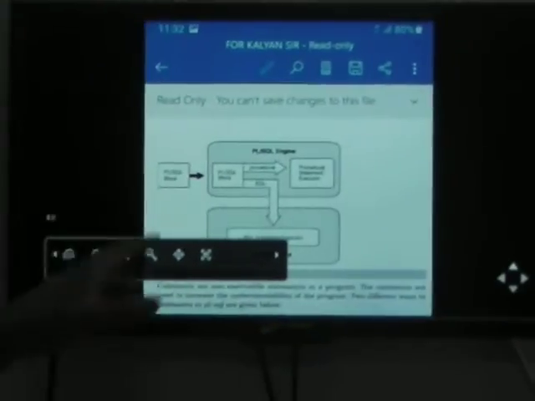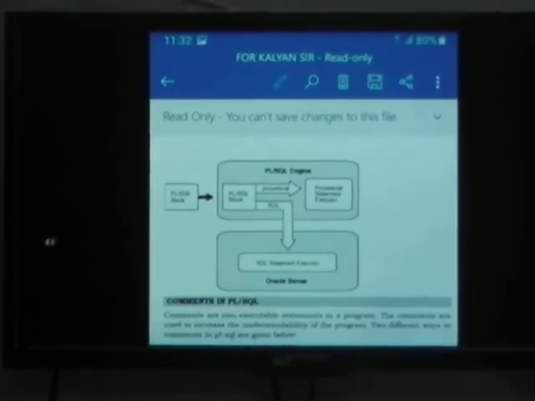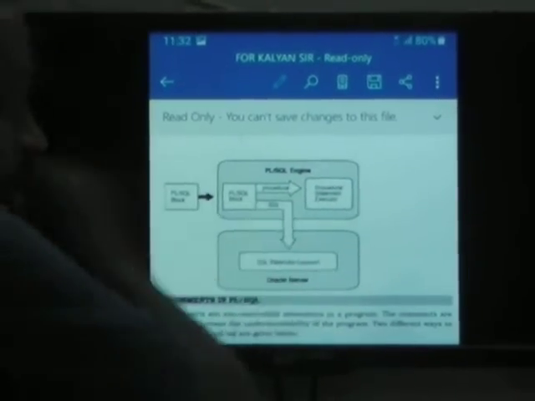In the architecture you will see the PLSQL block and the PLSQL engine. Procedural SQL. I said it clearly, the SQL part is of two types, SQL and PLSQL. So there is procedural statement execution and SQL statement execution in the Oracle server. This is your overall database. This is the front end, this is the back end. You write the PLSQL on the back end here.